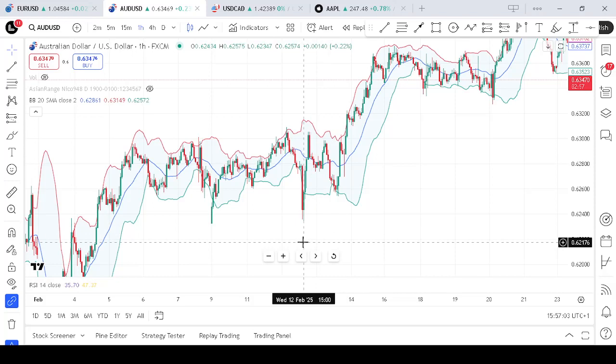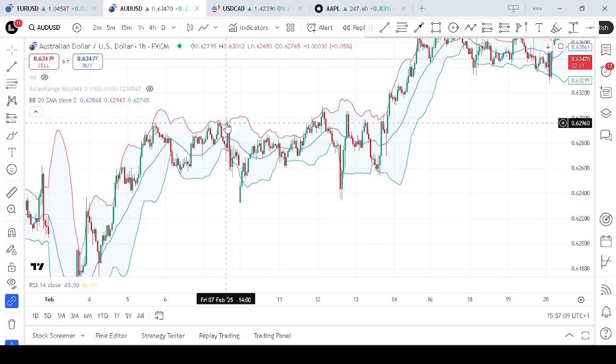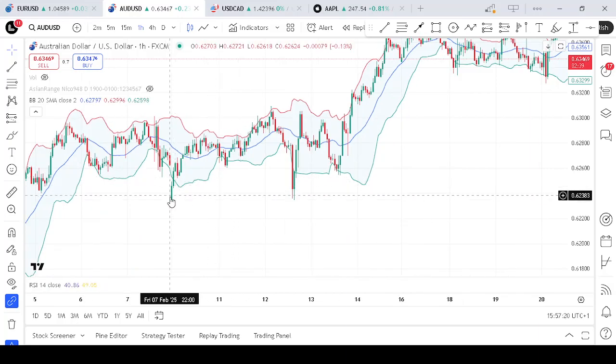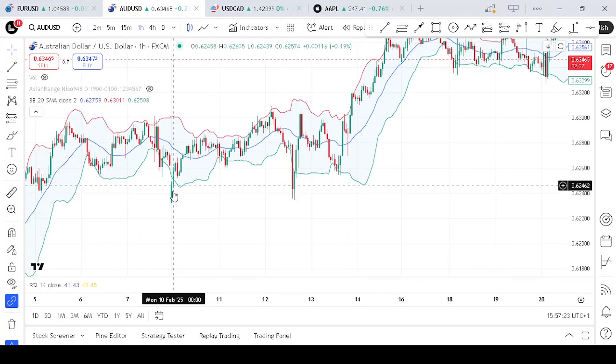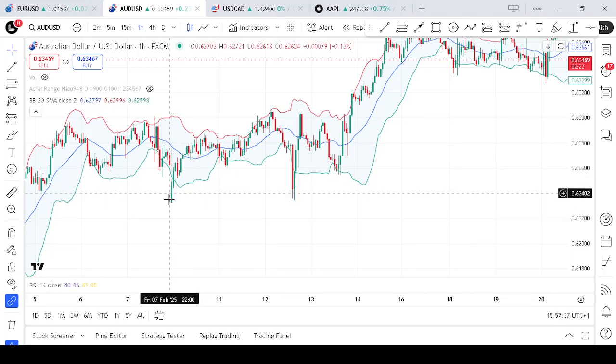We have to first wait for price to touch or exceed one of the outer bands. As we can see from this example here, price has exceeded at one point at this upside, and even at this downside. At the downside of the Bollinger Band, price has exceeded the outer layer and is coming back in. Once price exceeds, we look for signs of price reversal, such as a candlestick pattern. Judging from this down candle that exceeded, the next candle showed us a bullish engulfing, which shows that